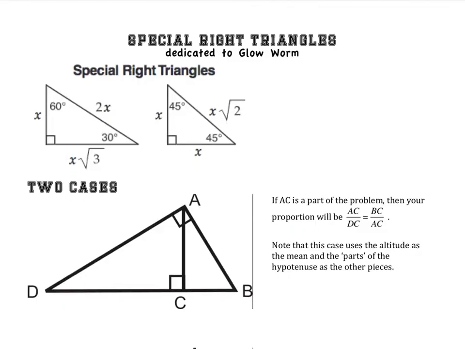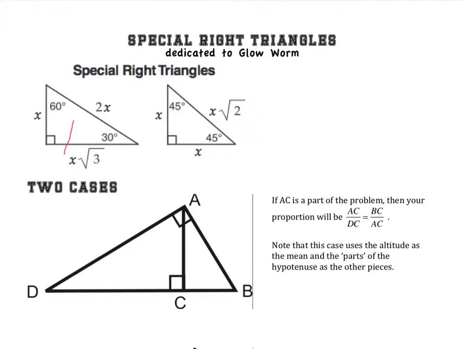Okay, next we're going to move into our special right triangles, and Glowworm knows all about these. These are the ones that she likes to use a star for, and that's a great strategy instead of using X because it can get confusing about which X you are talking about. We also have